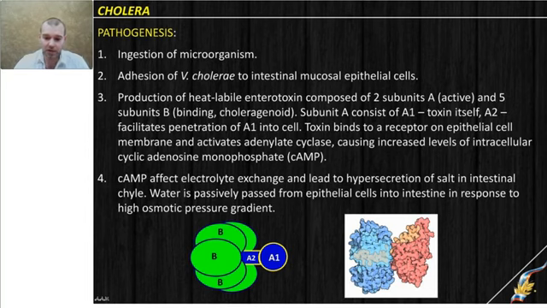Again, it is a biological toxin that has common structure. It is a protein with two main subunits, A and B, A active for main effect and B binding subunit made of 5 identical, or we call it pentamer. Toxin binds to receptor of epithelial cells and activates cAMP enzyme, which causes release of excess amount of water and electrolytes, initially electrolytes and water in the intestine, and people will have watery diarrhea without blood in stool.